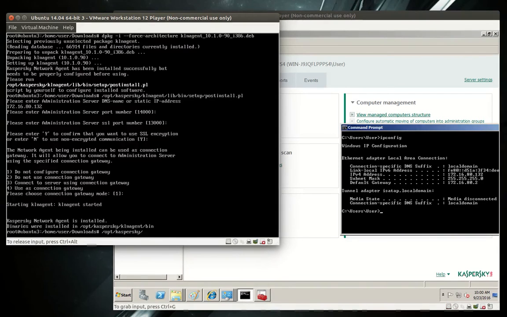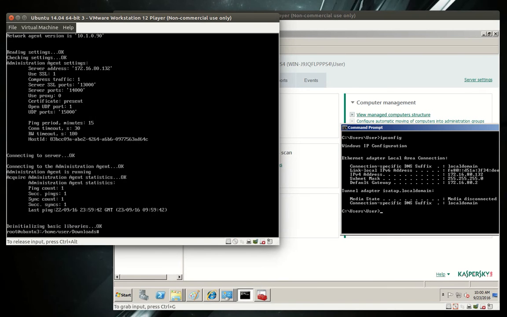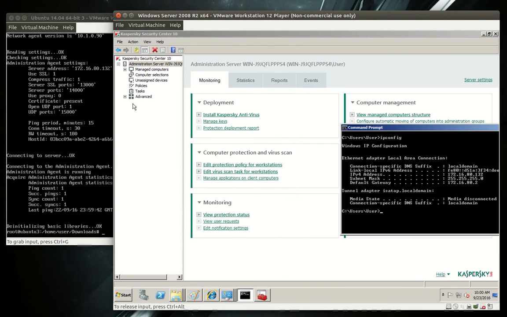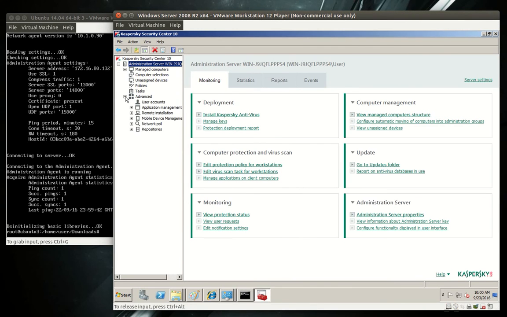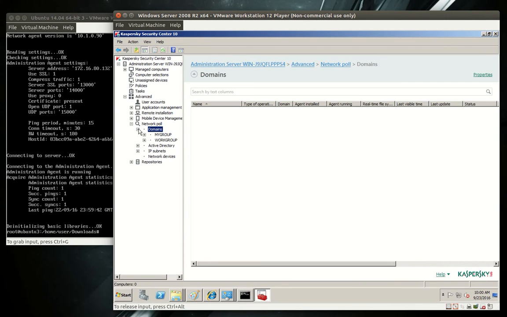We're going to confirm the network agent is actually now talking to the security center by running the klnagchk command. Which, yes, it is running because you can see it says it connected to the server and connecting to the administration agent was okay. So we should now see it over in our